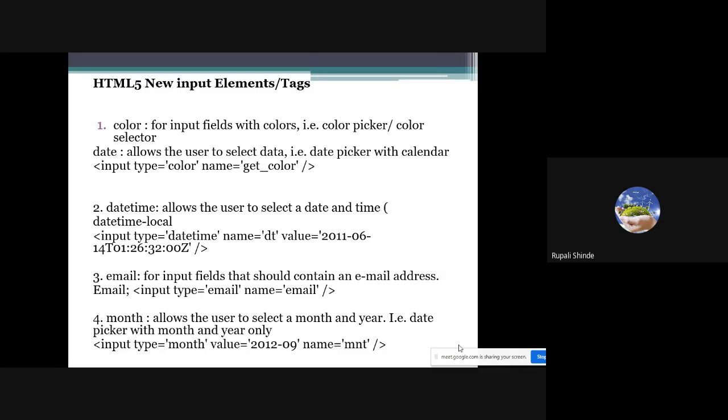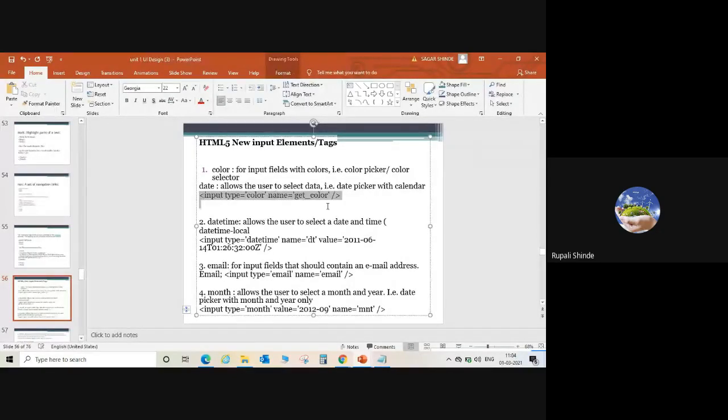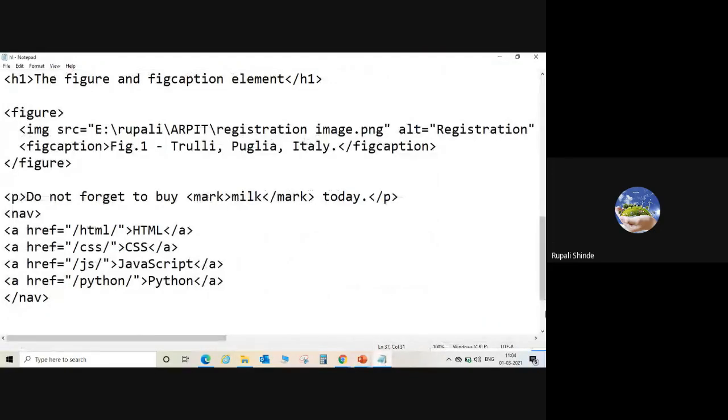So we have to execute it. Now in the same file, we just have to remove the previous part.